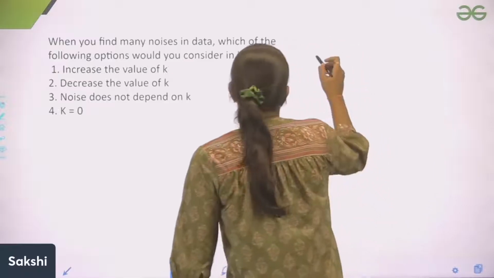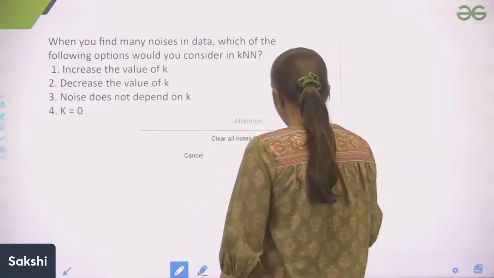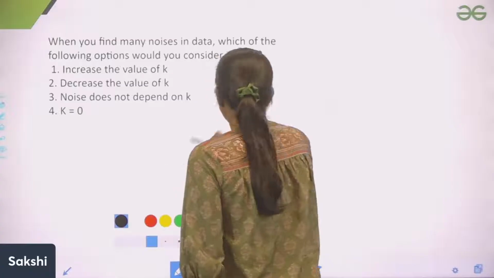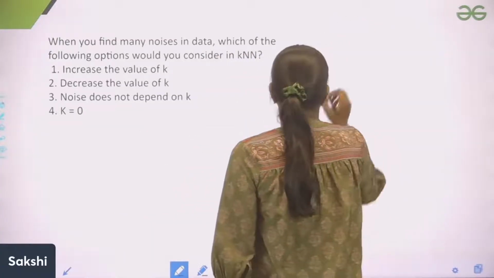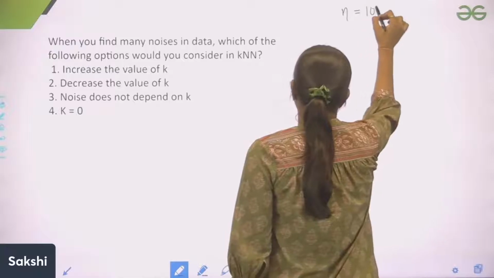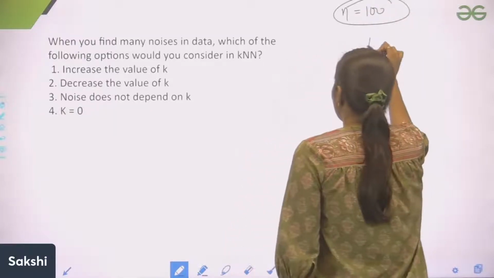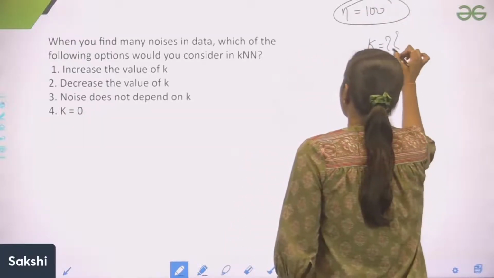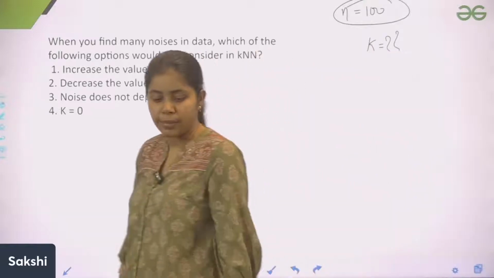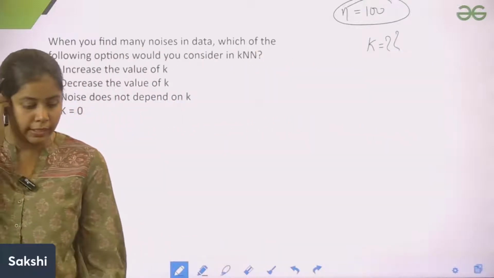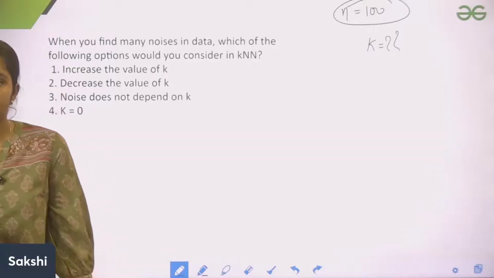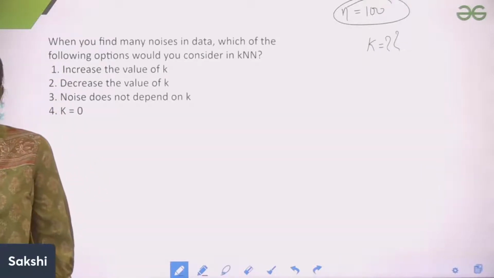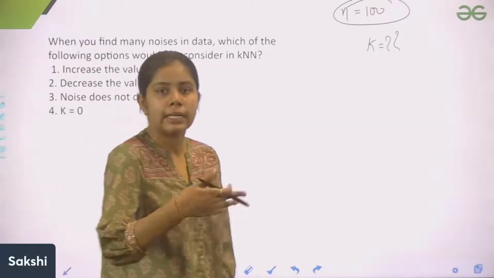Okay, so guys, let's suppose, let's take one example. Let's discuss this point more. Let's suppose you have a data set, 100 data points you have in your data set. What is the maximum value of k you can take? गाइज व्हाट इज अ मैक्सिमम वैल्यू ऑफ के यू कैन टेक? मैक्सिमम वैल्यू क्या ले सकते हो तुम के की? 100 ले सकते हो। देखो 100 तो मैक्सिमम वैल्यू ले सकते हो ना, उससे ज्यादा 101 तो ले ही नहीं